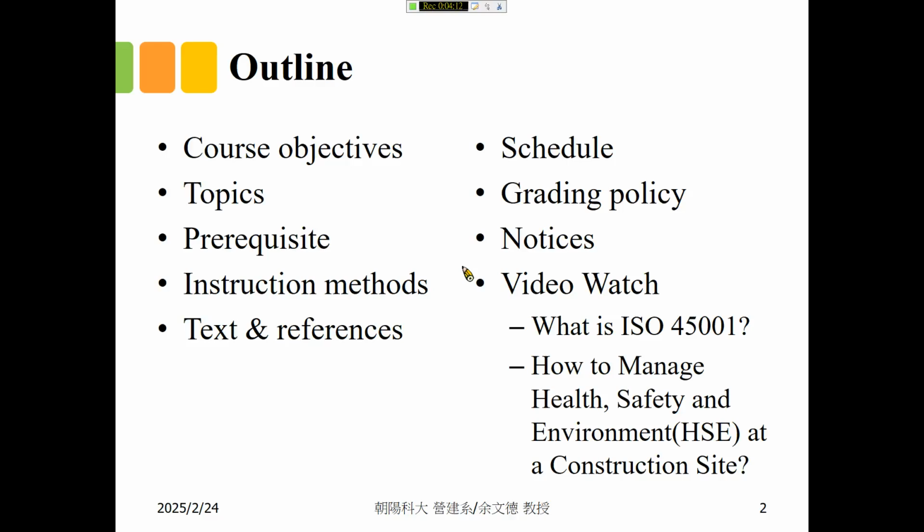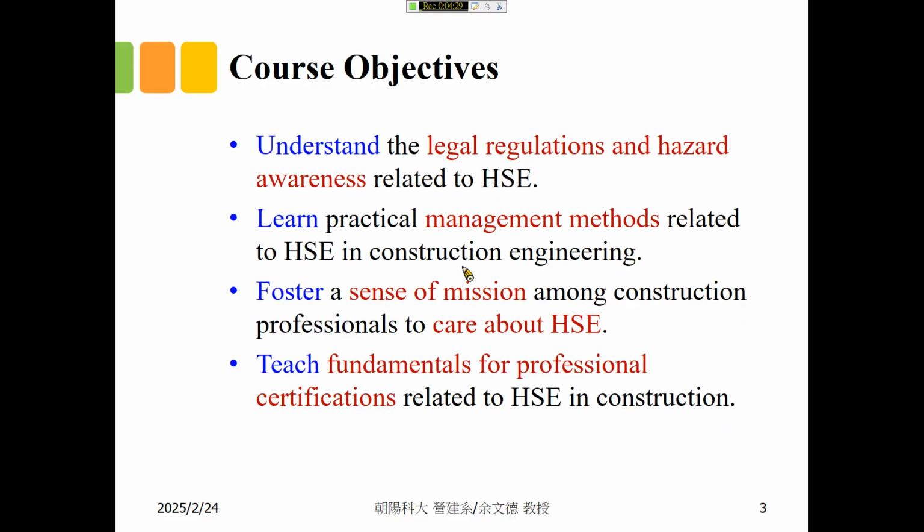And the important part is the grading policy. And also there are some things you need to know for attending this course. And let's skip the video this time.